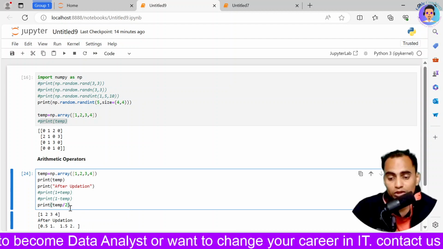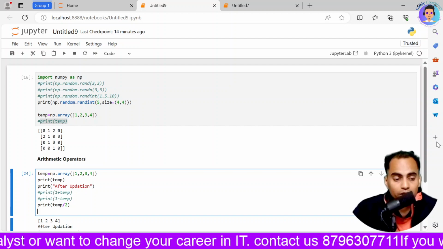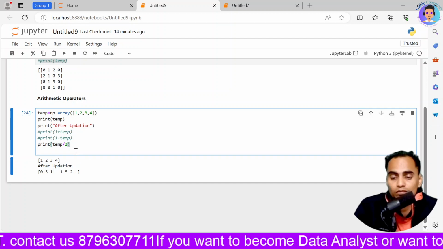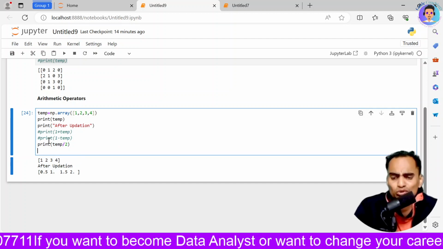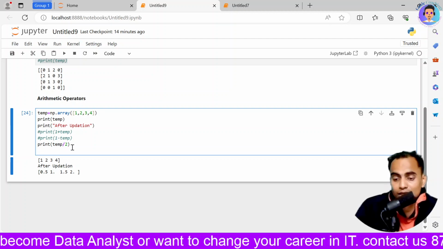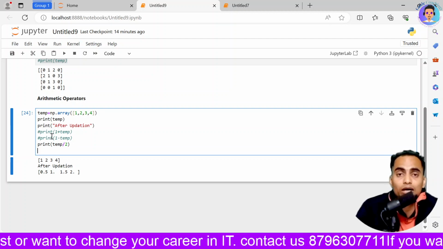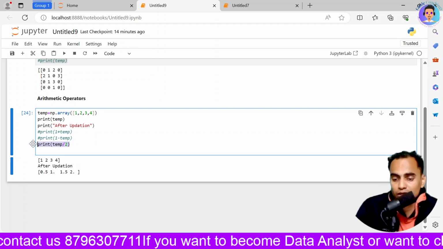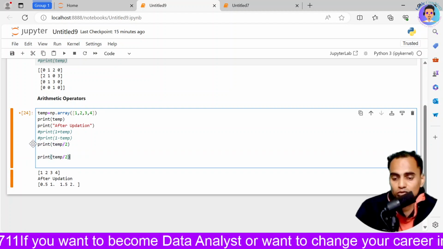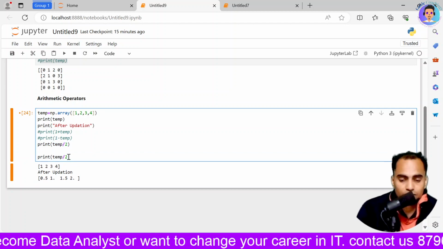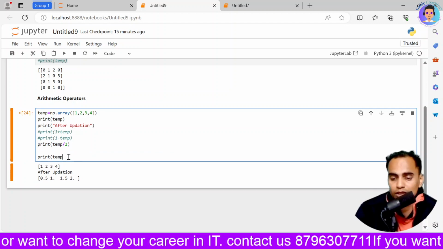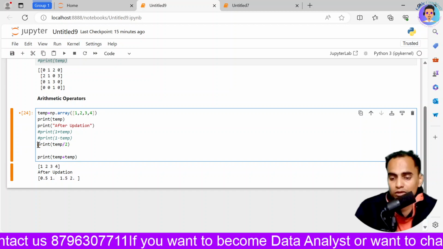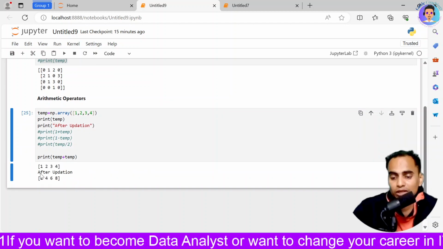These are the arithmetic operations we can do. Now you are doing it manually, and I don't want to type it every time. The second scenario I would like to talk about is that we are adding a constant over here. If we don't want to add a constant, how simply can we do it? We will just copy this, paste it over here, and then write temp. I'll add temp, and then I will comment out this part so that it is easy for you to understand what exactly is happening over here.